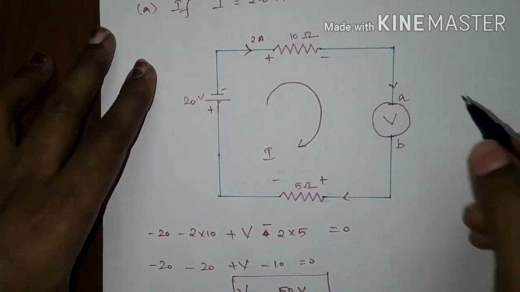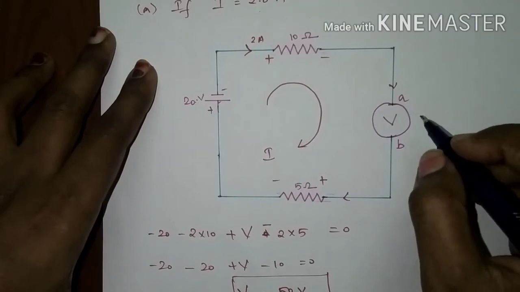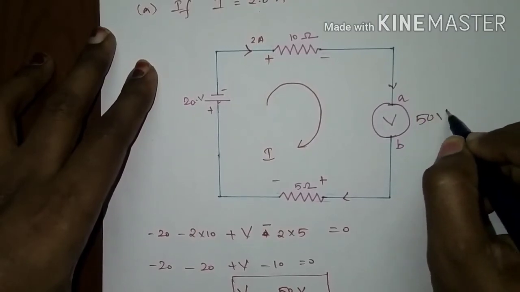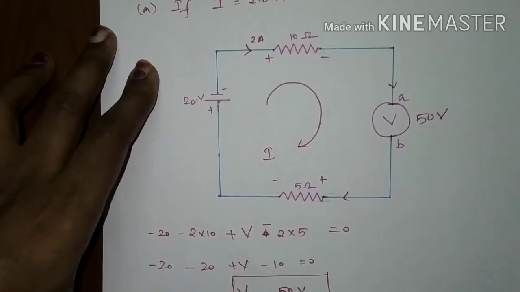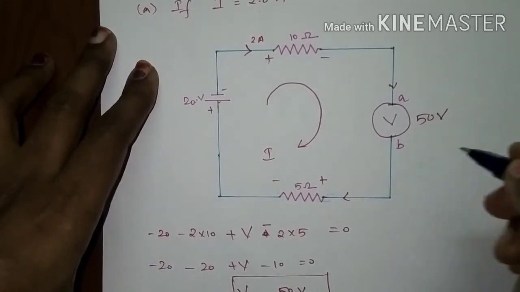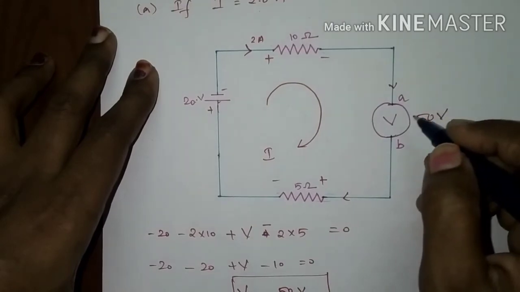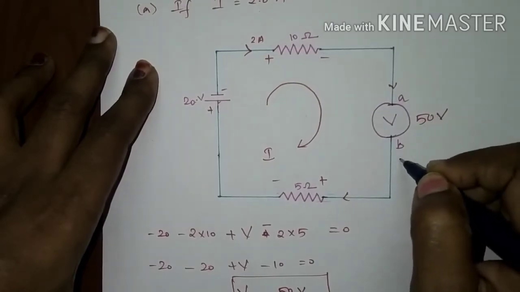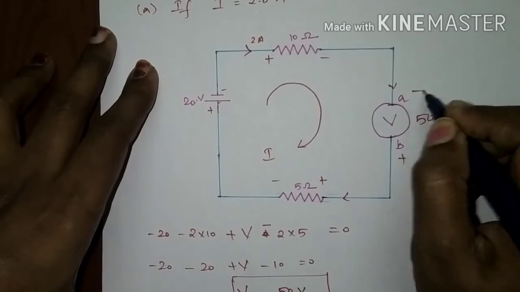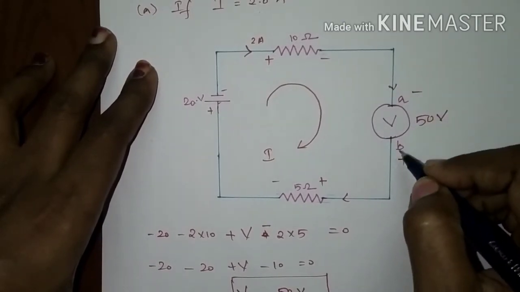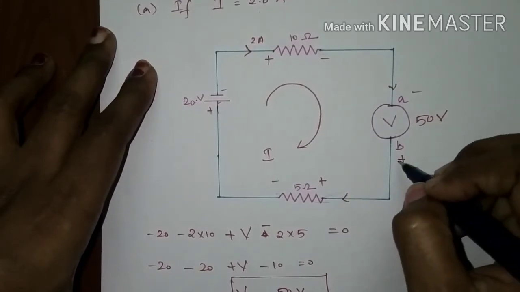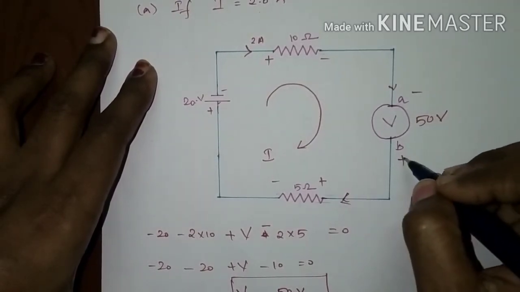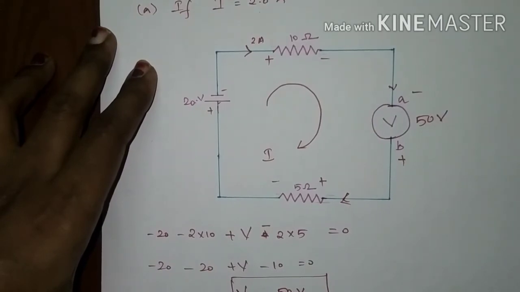So it is a source where it has a value of voltage 50 volt, and this source is acting as an energy source. It is supplying power to the circuit with B as a positive and A as a negative. If it is a source, the current must leave the positive terminal, right? So here the current is leaving from positive terminal, so B must be positive. The polarity of B is positive with respect to A.